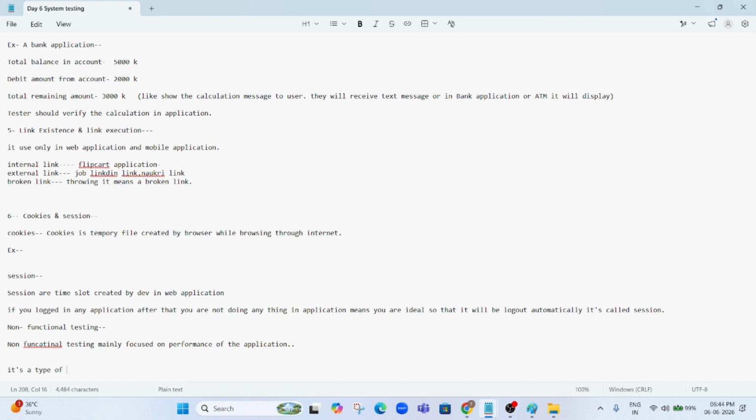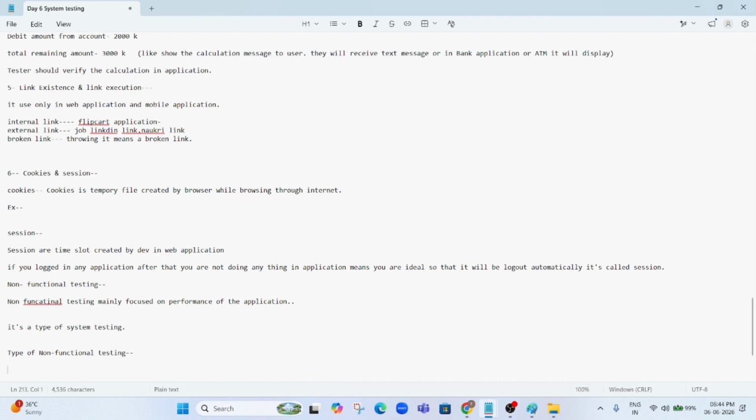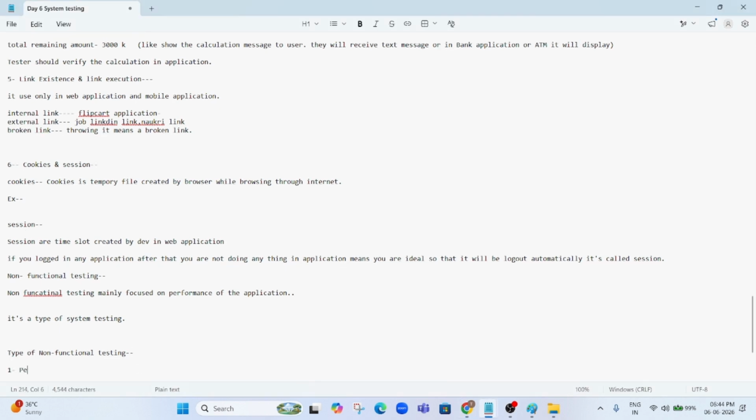It's a type of system testing. A type of non-functional testing. So it mainly focuses on the performance of the application. Functional testing checks what the software does, but non-functional testing checks how well the software performs. Okay, so now the types of non-functional testing. The first type is performance